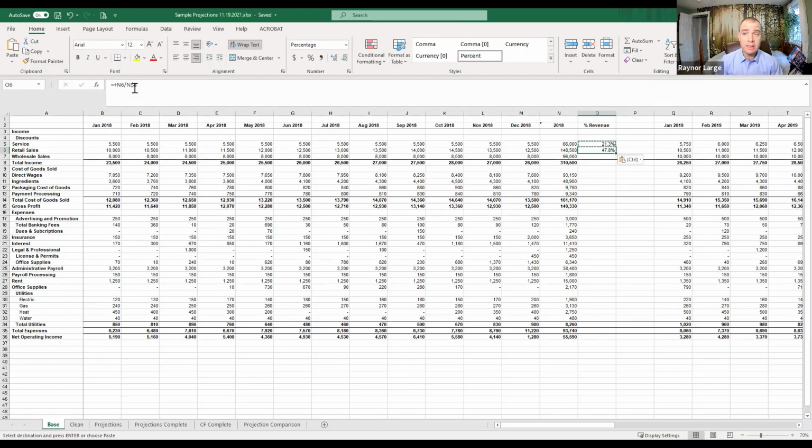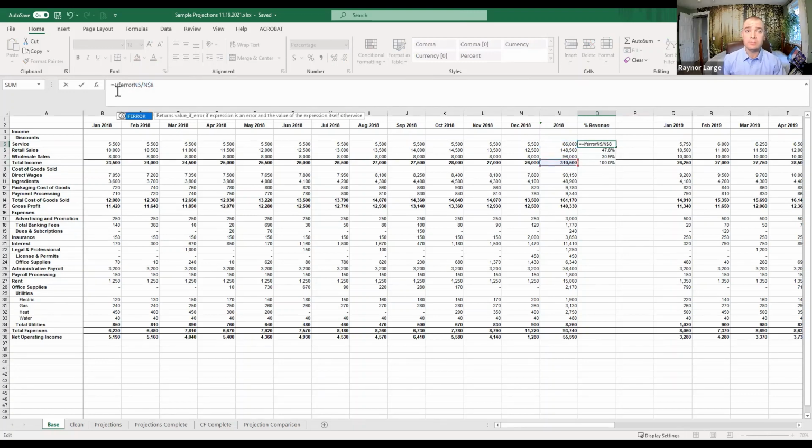So I know my retail sales are 47.8% of my income. And my wholesale sales are 30.9, which means my total income is 100% of my income. That's good. That's what I want it to be. That makes sense. Now, if I do it in a blank space, I get a value error. So what I'm going to do is use an if statement, but a specific one. It's going to be IFERROR, and it's going to be the same logic. If there's an error,